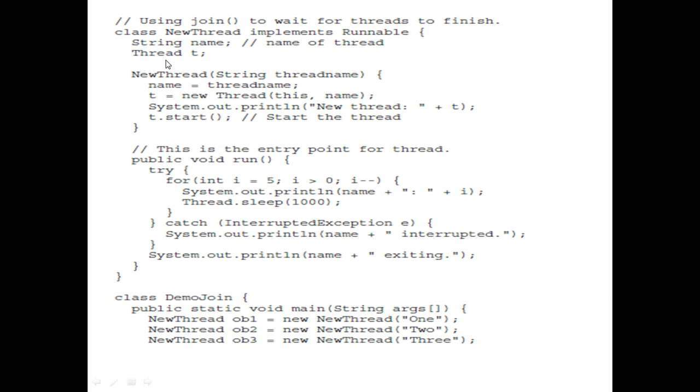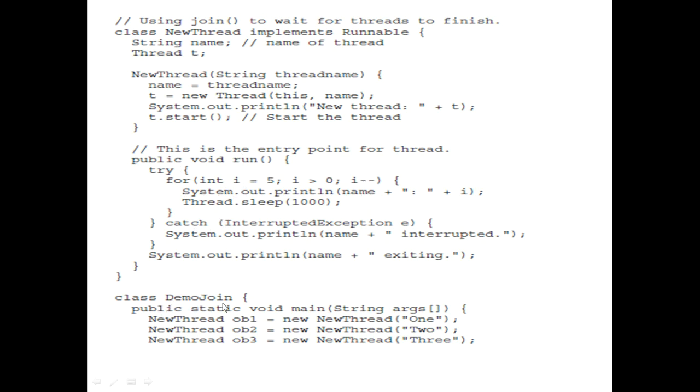It contains 2 fields: name of type String, and t of type Thread. Then we have written a single-parameter constructor to create a new thread in the program, display the information of the newly created thread, and start executing that thread by calling the start method. Once you call the start method, its run method will be invoked, and based on that it displays the output.